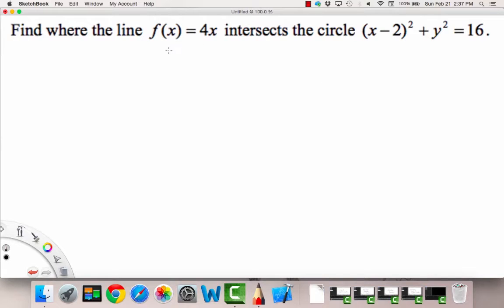So the thing is that we can rewrite this one as y is equal to 4x, okay? And what we really want is that we're searching for an intersection between these two curves, okay? And yes, a line is a curve, even though it's straight. It's just a straight curve. Anyways, so what we want to find, the intersection between two curves,